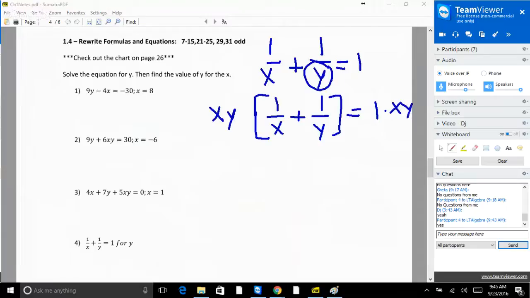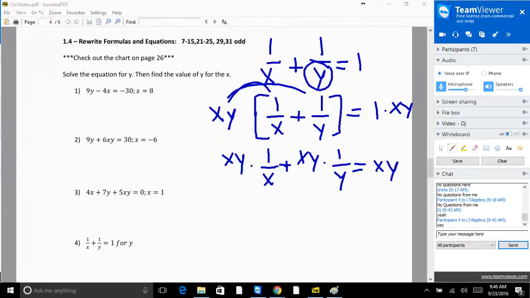Okay. What I have to do is my favorite property comes back, that distributive property. I have to distribute this to both the terms, right? So I'm going to have xy times 1 over x plus xy times 1 over y. Sorry for the weird plus sign. Equals xy. So we went from this nice, simple, elegant equation up here to a bunch of x's and y's,